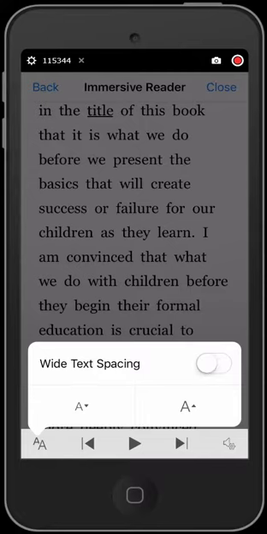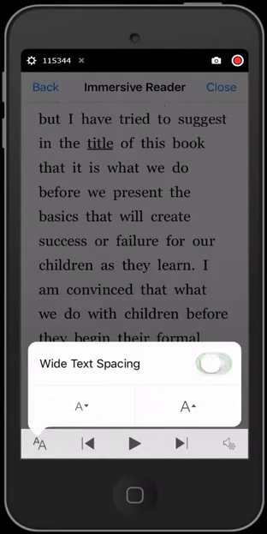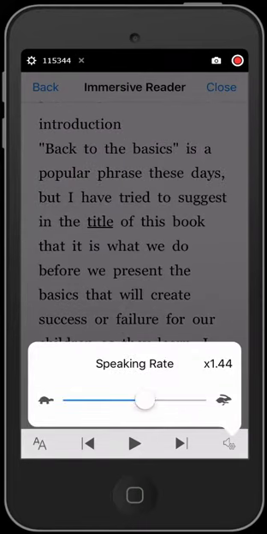There's also an option to increase the spacing between the words, which it calls wide text spacing, and that looks like this. Then there's options for the reading speed for the text-to-speech voice, and that's over in the lower right-hand corner, the speaker icon with the little gear. So right now, our current speaking rate is set to 1.44. I'm going to send it back to the 1.00 or so. This is how fast Immersive Reader will read. Normal speed. And so now, if I hit the play, it will start reading from where it left off at